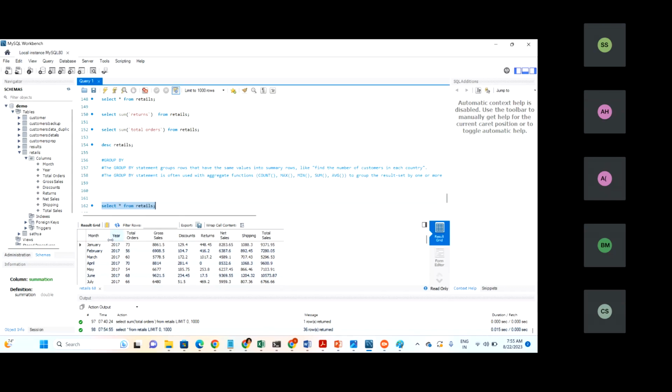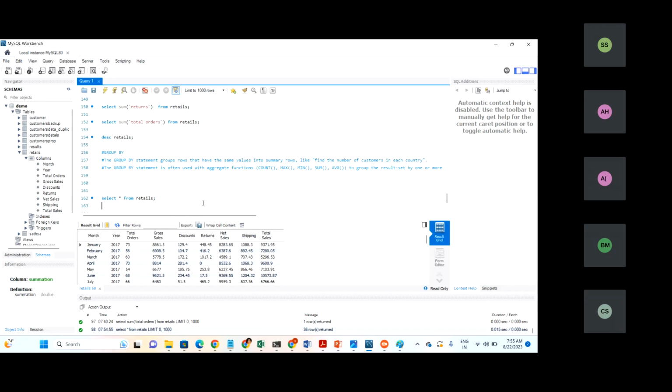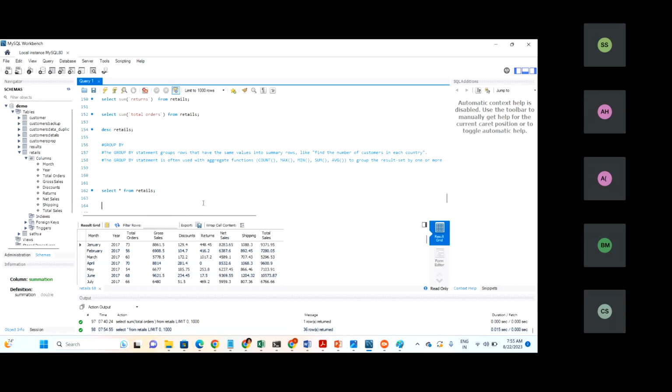In the retails table, we have month, year, total orders, gross sales, discounts, returns, net sales, shipping, and total sales. So I want to see only January's data from 2017. So for this,